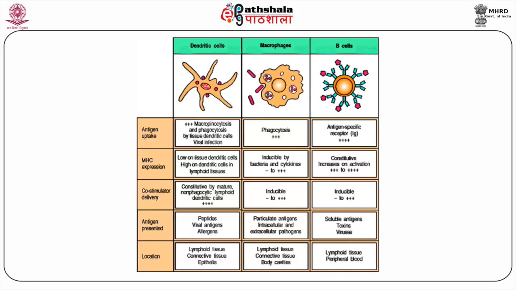Macrophages act as APCs only for those pathogens which they cannot destroy on their own, so they do not seek T cell help unless necessary. B cells are more specific towards antigens which they can recognize via clonal selection. Only dendritic cells, which are non-phagocytic and lymphoid resident, express co-stimulators constitutively. Macrophages and B cells have inducible co-stimulatory molecules. The three classes of APCs differ in their antigen uptake mechanism, MHC class II expression, and the type of antigens which they cater to. Among these, they seem to cover all possibilities.